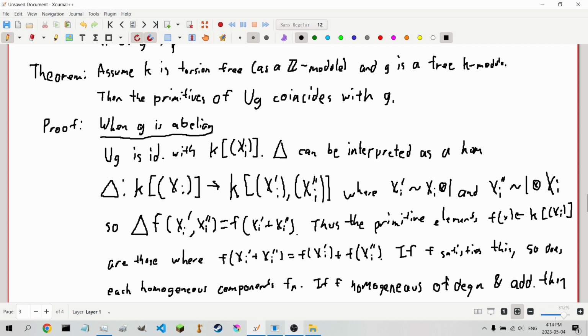Thus, the primitive elements f of x inside our polynomial ring are those where this sum essentially splits across f